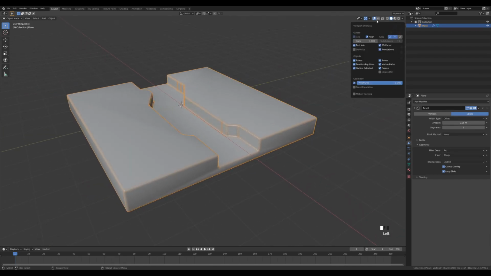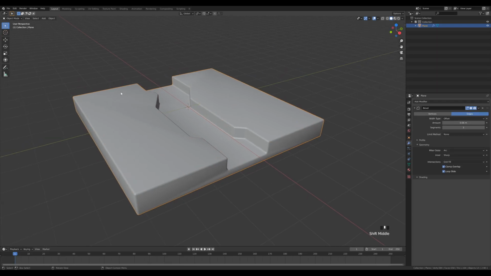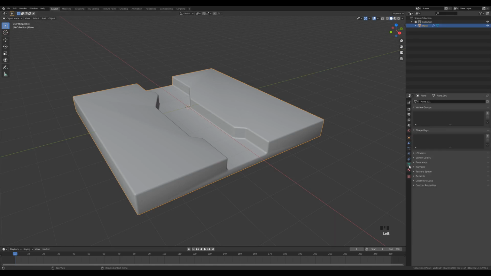So let's disable the wireframe overlay, and this looks well, but there's weird shading here on those large faces, and we can easily fix that by enabling harden normals here in the shading menu. So let's expand that and click harden normals, but nothing will happen yet, but you will see there's a warning here and it says to enable auto smooth in the object data properties. So let's switch to the object data properties right here, go to the normals section and enable auto smooth here,